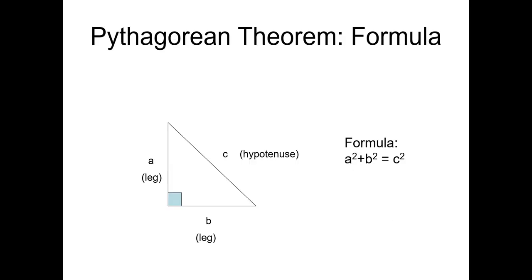And the formula, we've got a right triangle here with the right angle. The sides attached to the right angle are your legs, A and B. The side opposite the right angle is your hypotenuse, C. And the formula for figuring out one of the sides, if you know two, is the length of side A squared plus the length of side B squared has to equal the length of the hypotenuse